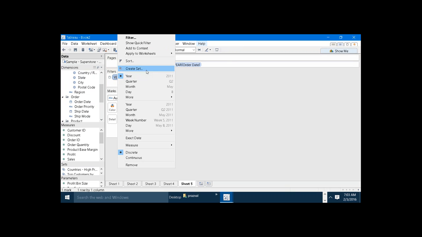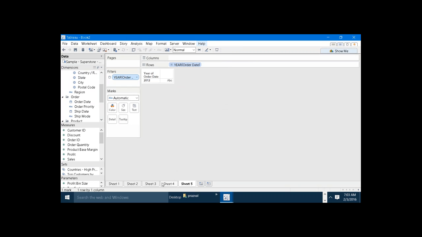So at the worksheet level also, using the filter sharing options, we can share the filter across multiple worksheets. Then what is the difference between the data source filter and sharing the filter at the worksheet level? The difference is,